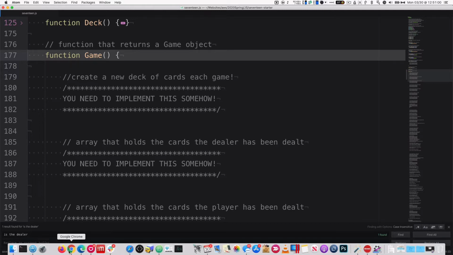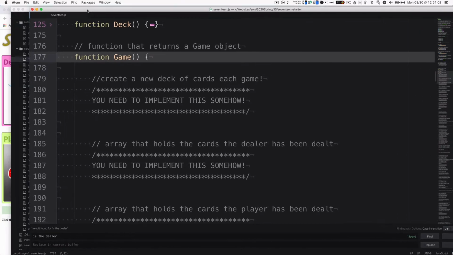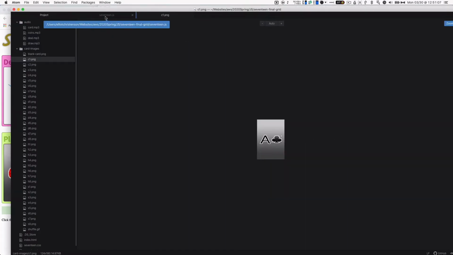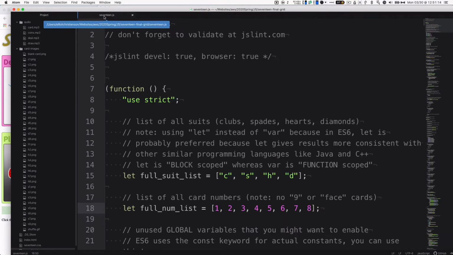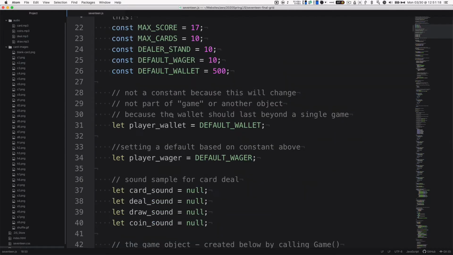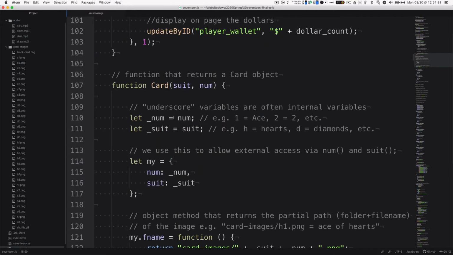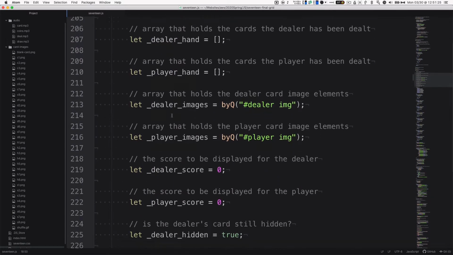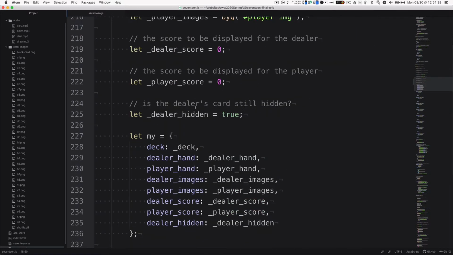So let's jump back to my finished code here. I don't need that image there. If I just jump down to game, dealer hidden, I just called it underscore dealer hidden. Is the dealer's card still hidden? And then if we look for the instances where I use dealer hidden,